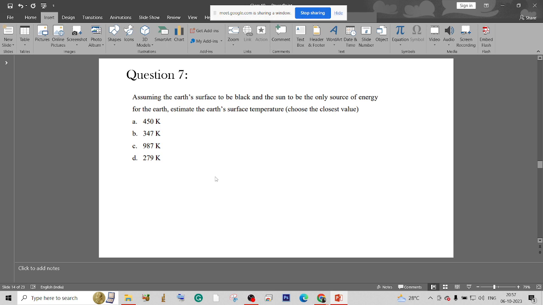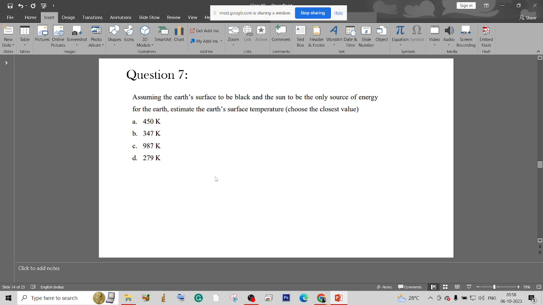Earth will also emit some energy, right? If we consider the Earth to be black, the energy emitted will be the emissive power of Earth multiplied by its total surface area, because it will emit from the whole surface, everywhere. So if we do that, we will get the emissive power of Earth from there,